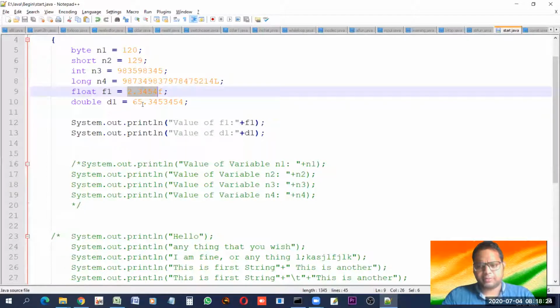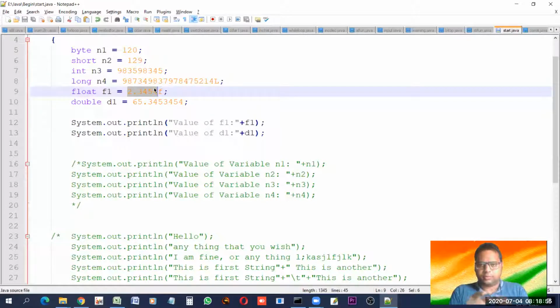Although we have written float f1 and are trying to assign this value to f1, and it is of course floating point data, when we simply write any number, to save data from loss, Java understands these floating point numbers in the form of double.